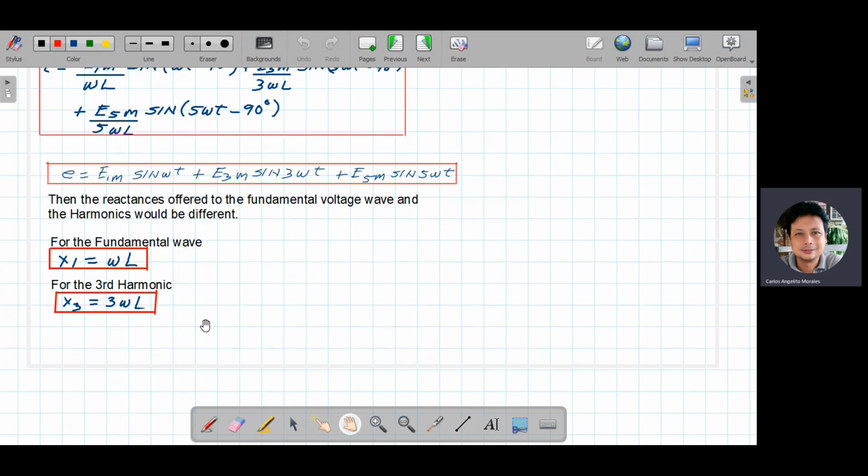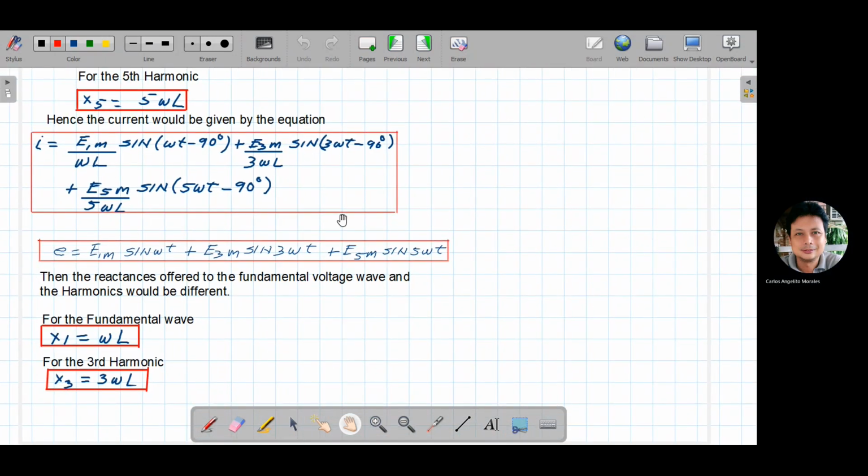E1 maximum sine omega t plus E3 maximum sine 3 omega t plus E5 maximum sine 5 omega t. The reactances offered to the fundamental voltage wave and the harmonics would be different. For the fundamental wave, we have X1 equals angular frequency times L. For the third harmonic, 3 angular frequency times L. And yung fifth harmonic,